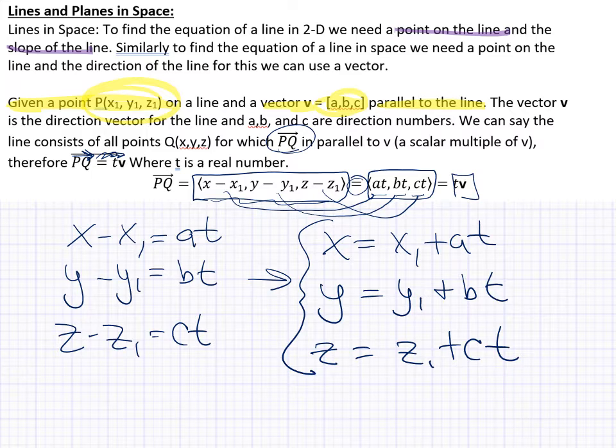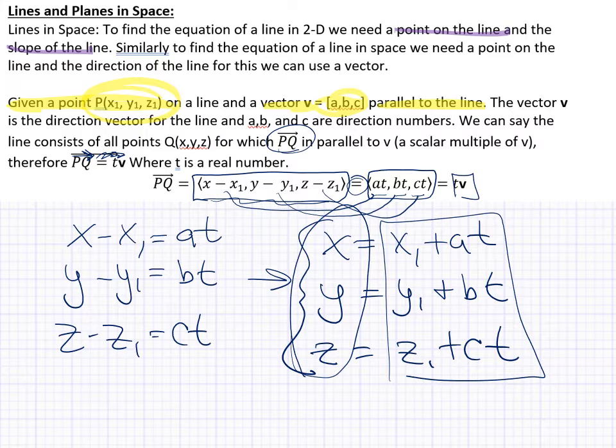that any x1, y1, z1, and abc that satisfy these sets of equations would create the x, y's, and z's that make up our line. So this is the set of parametric equations that give us our line. And what you should know about parametric equations is basically the way they work is that you define your variables x, y, and in this case z in terms of another variable, in this case t, often representing time, but not necessarily. But here, x is basically a function of t, y is a function of t, z is